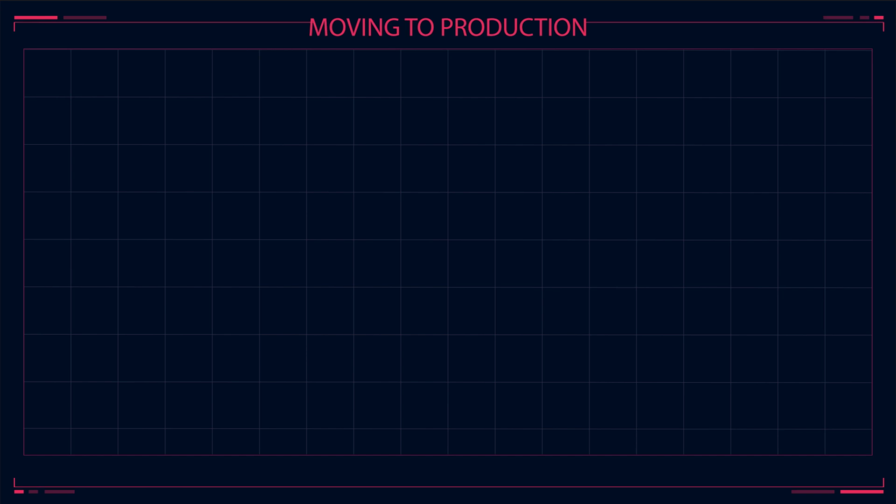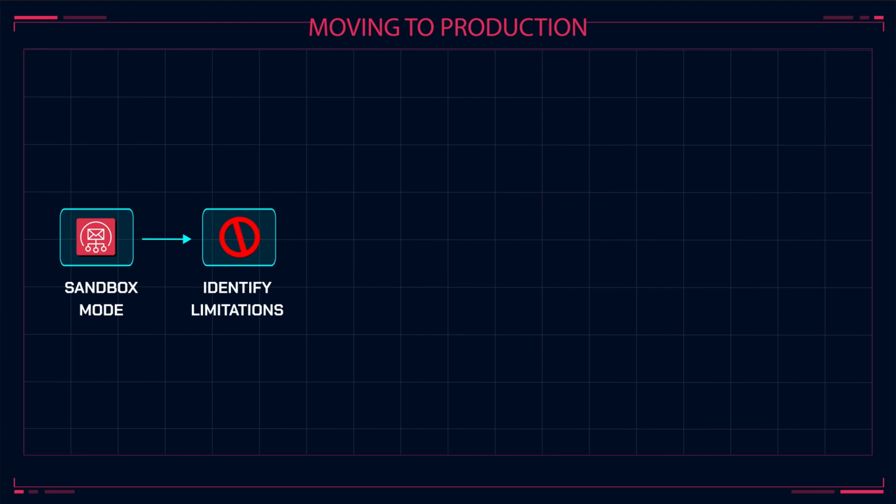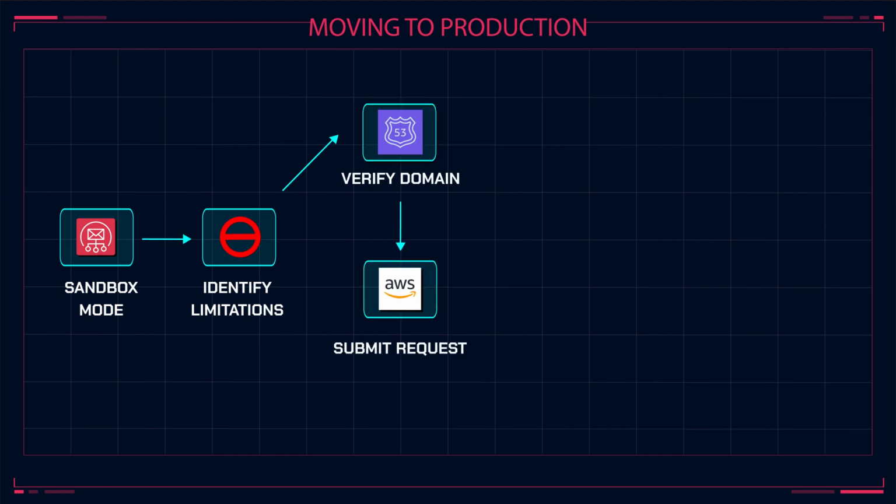Testing in sandbox mode quickly reveals the limitations discussed earlier. These constraints prevent full functionality of a public-facing contact form, necessitating a move beyond sandbox mode for a production environment. This transition involves a two-step process: verify domain ownership and submit a request to AWS to move out of the